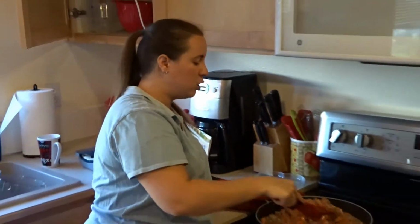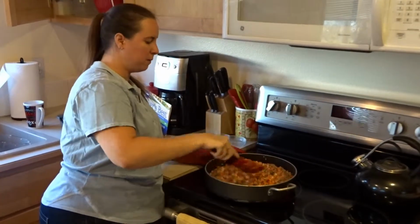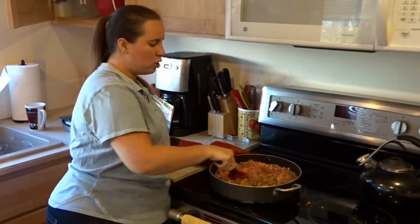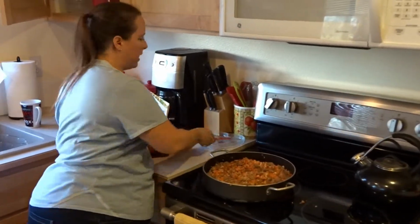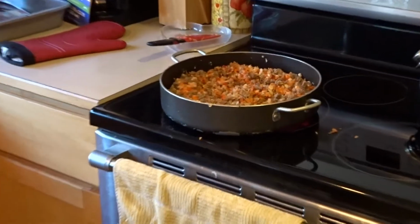When it's all mixed up in here, you're going to want to let it sit for approximately 2 minutes just to get all the flavors and everything mixed in together. And after those 2 minutes are up, I will show you what you add. So after that's been simmering for 2 minutes, we're going to put in